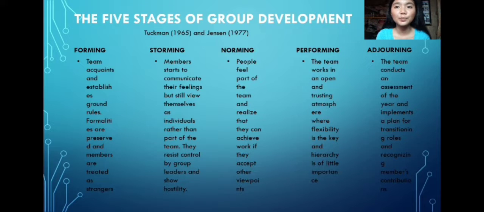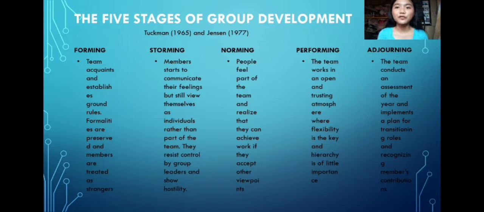Indicators of group effectiveness at this stage are the clarification of interaction processes and taking action to address problems. People feel part of the team and realize that they can achieve work if they accept other viewpoints.